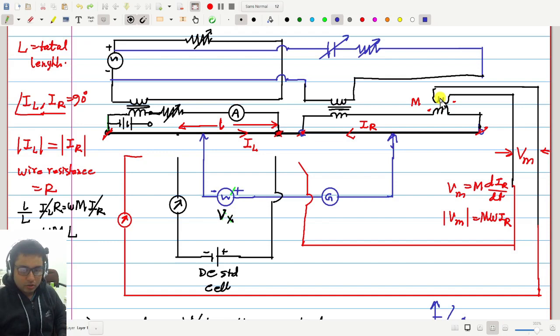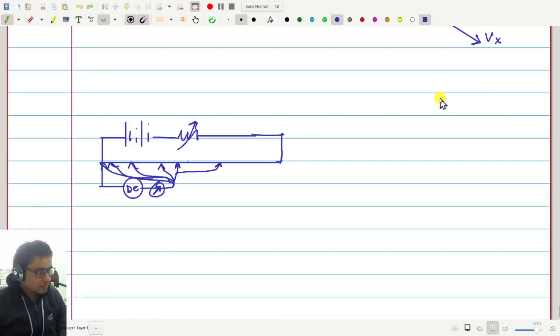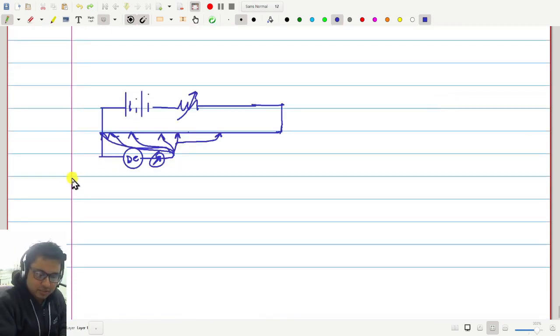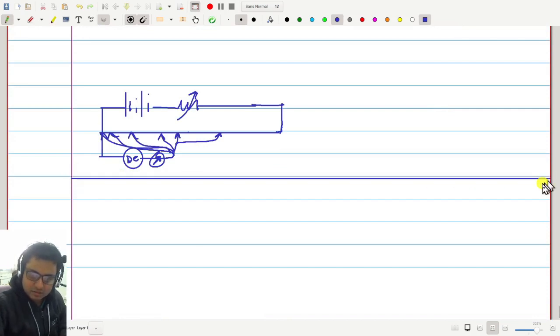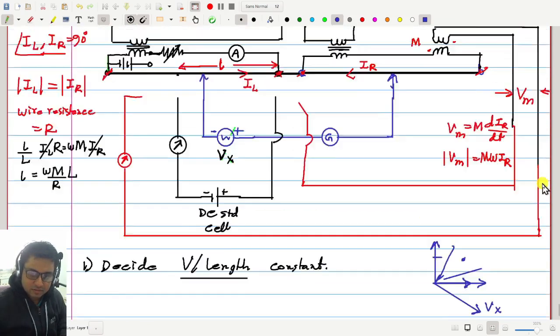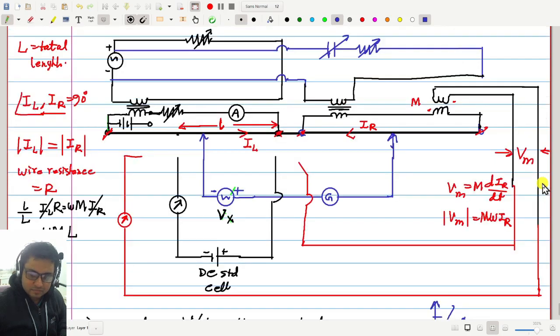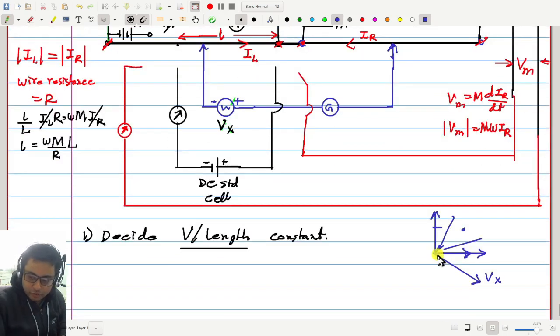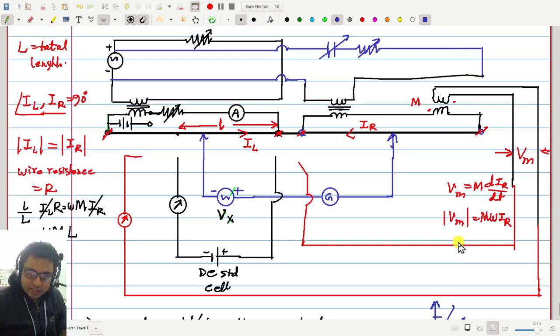Okay, so I had one doubt in that. Please, yes. When we wanted the IR current, we changed the terminals of that iron core transformer. Instead of that, can't we change the terminals of the air core transformer? Will it give the same effect? Here, during the measurement phase, when we found the Vx outside this quadrant, yes, there, right?